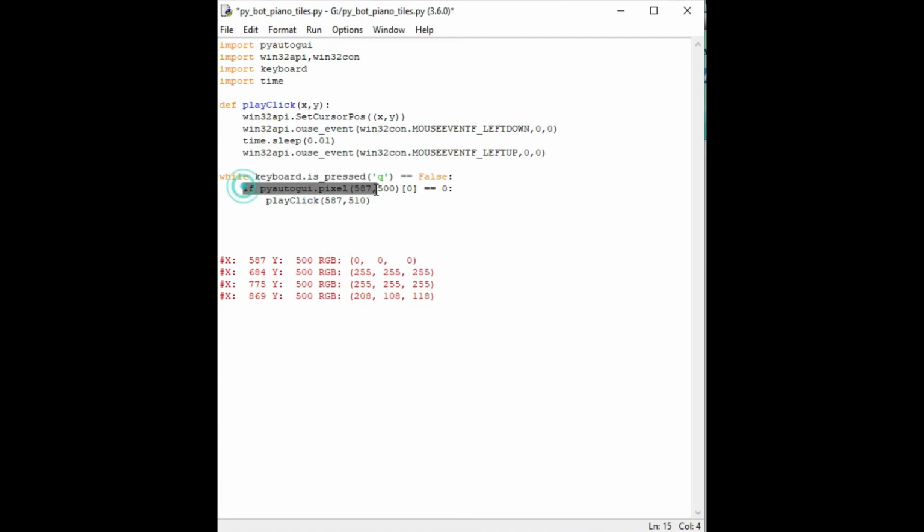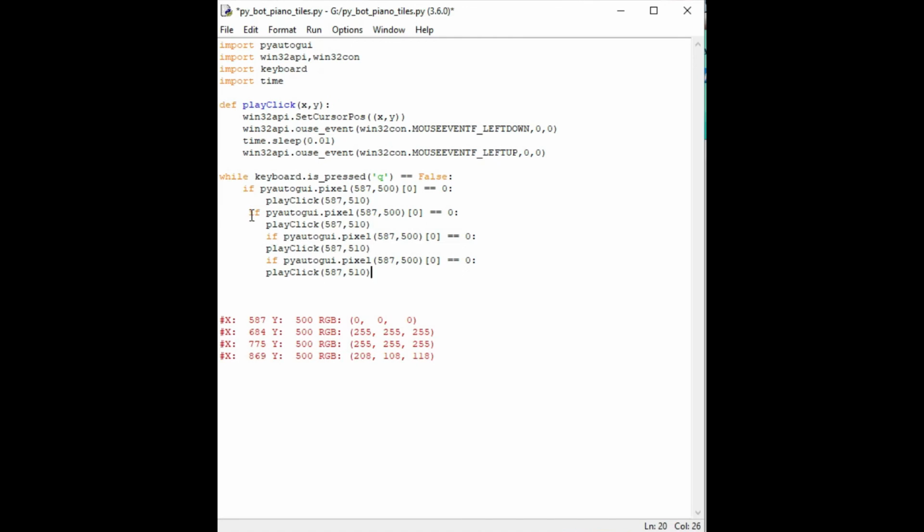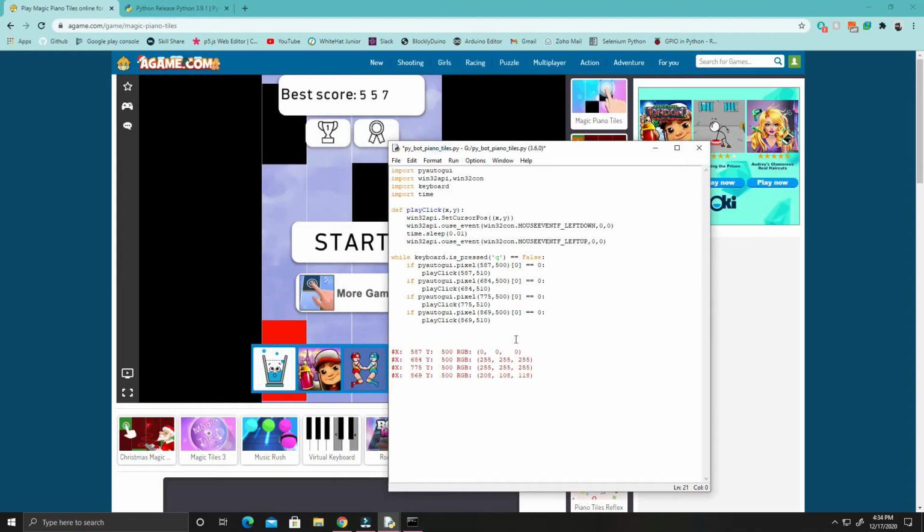Now again we need to check this for all the pixels. Let's just copy and paste this. And make sure to align the syntax, or else you will get a syntax error. Yeah, that's good. And now let's just change the values. So on the second if condition, we need to change the value of the second tile. You could just give that randomly, but just for recognizing it, let's give it 1 2 3 4. So you don't need to increase the x value. X value can be the same, just the y value. Yeah, this looks good. So that's it, our bot has completed. So it's just super simple.